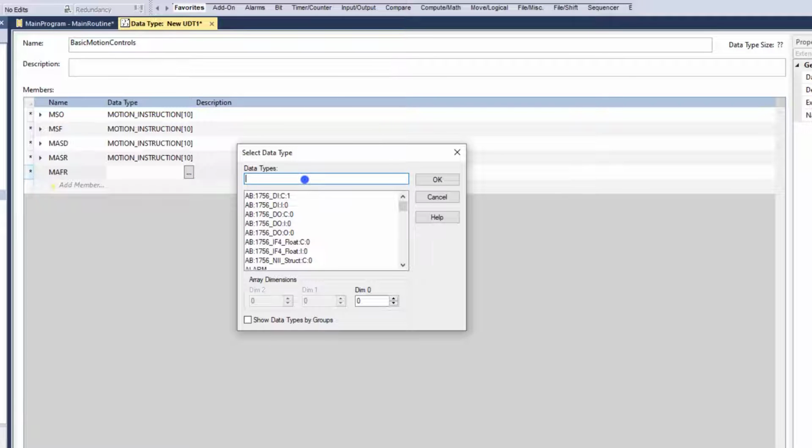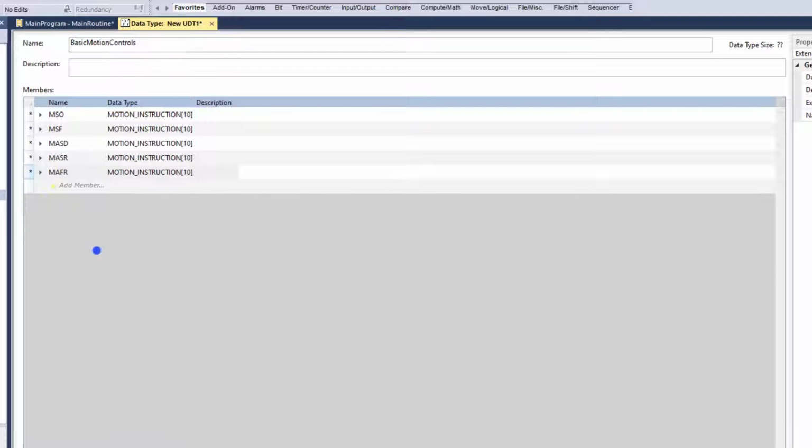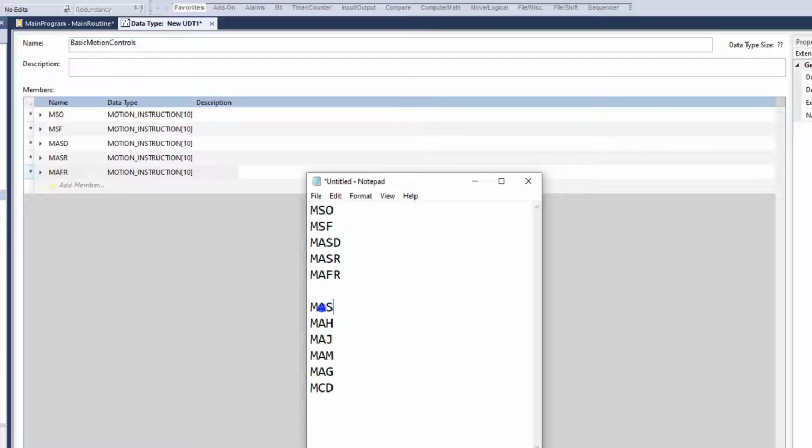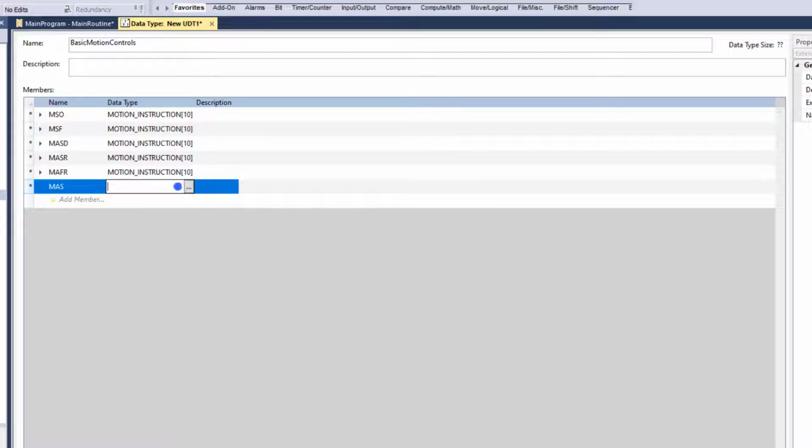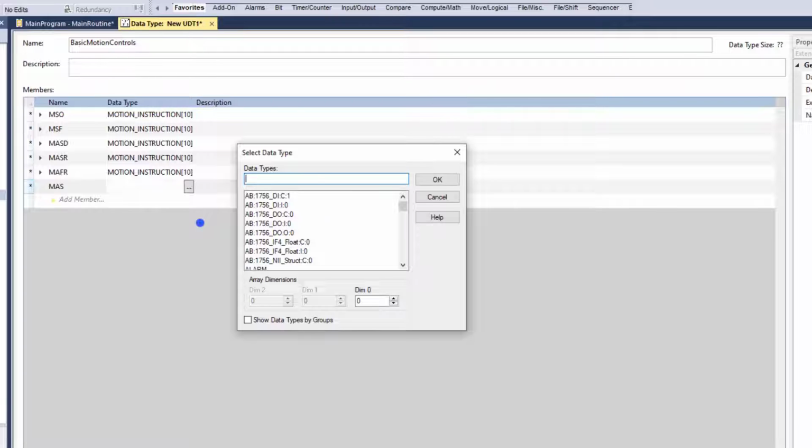It could be that I use it in the program and I want to use it multiple times, right? So I'm going to have maybe control the resets from multiple different areas. Alright, so now we're going to go to our movement, which is our motion axis stop first. Alright, so we're going to do motion axis stop, motion, and then instruction again, and then 10 of these again,